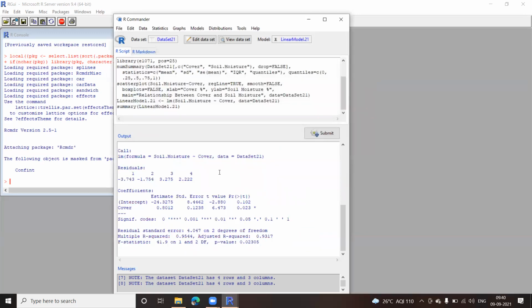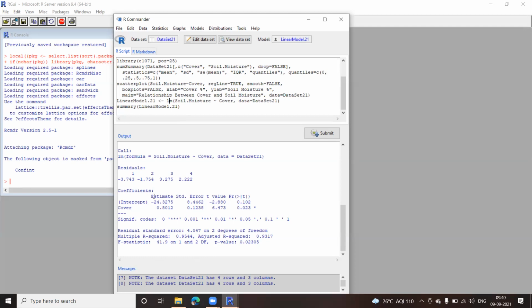Here you can see that after creating that particular model, this code has been created for you. I've got the name of the model, LinearModel.21. lm is for linear model. This is the variable which I had selected in the model, the data set is coming here, and the summary of this linear model is getting displayed.